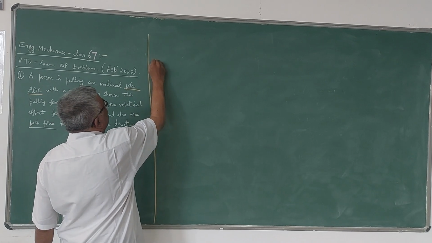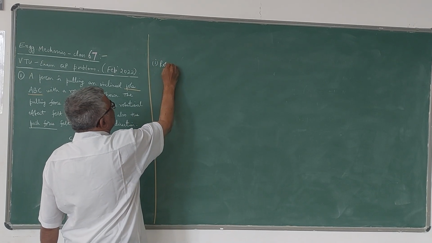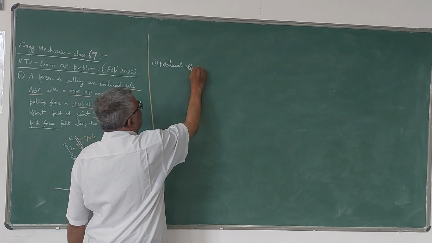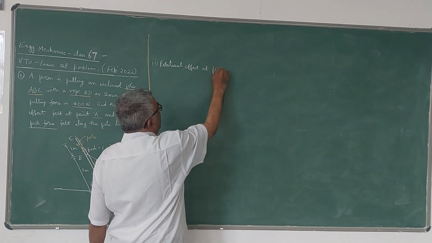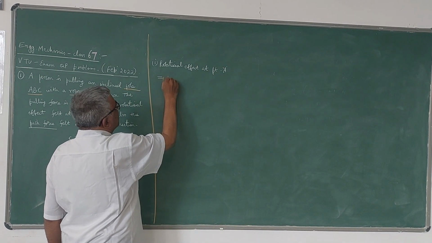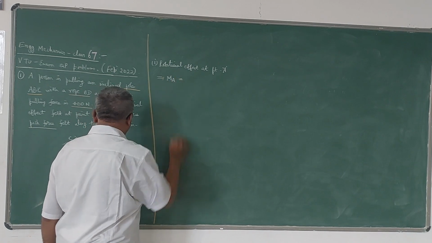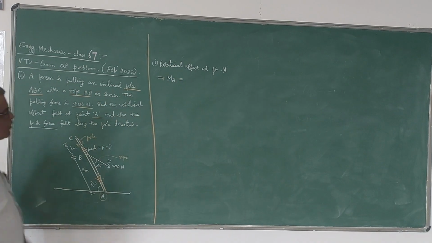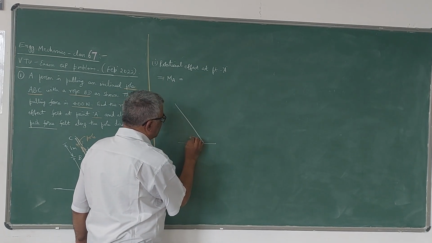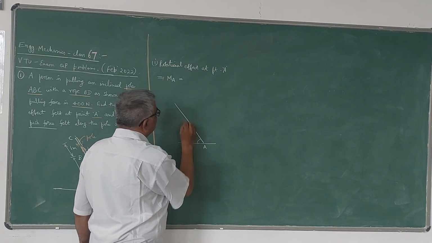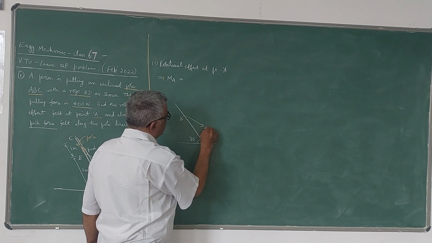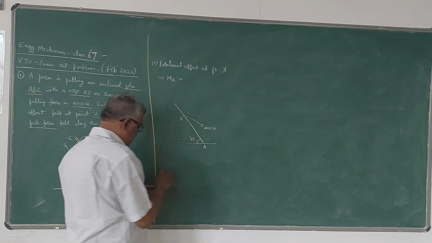So first part, rotational effect at point A. It is given by the moment about A. That's all. Moment of that 400 Newton force about A. Now to calculate the moment, we need to resolve that force. So this is 80 degrees. Point A is here. This is point B, where the force is acting like this. 400 Newton force is acting away from B, and this is